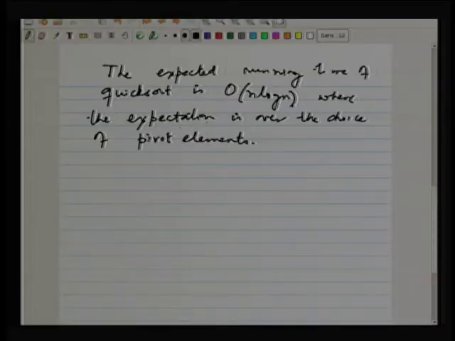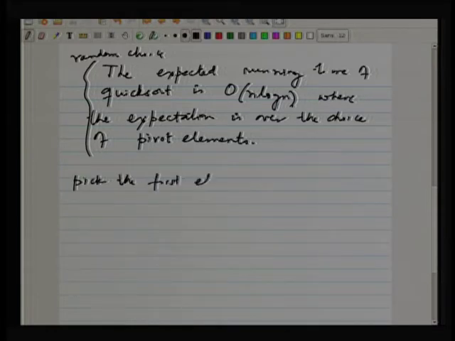And that is very different from the case where you pick the first element as the pivot, in which case the expectation or the average case is over the permutations. So, this is over random choice, whereas if you pick the first element,